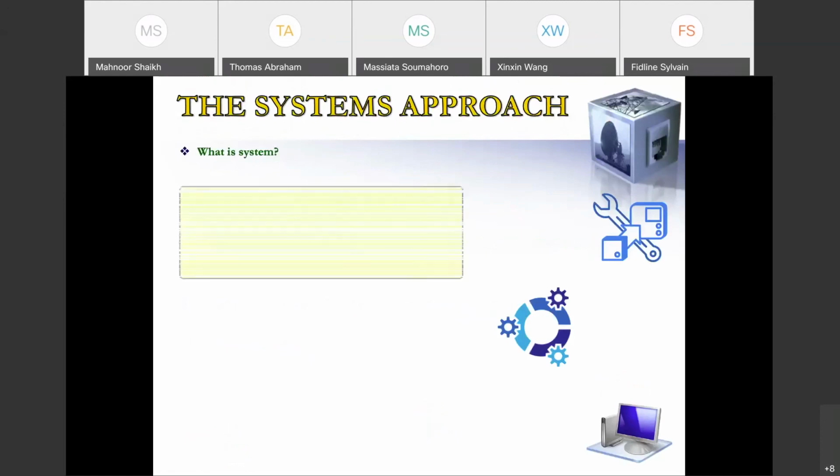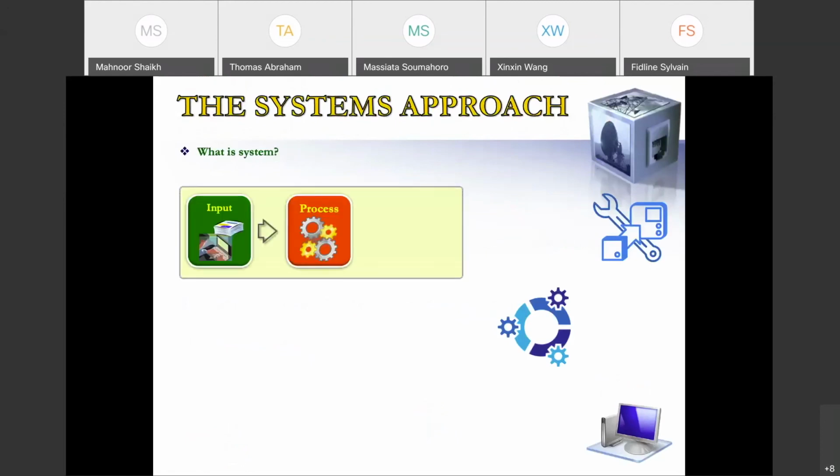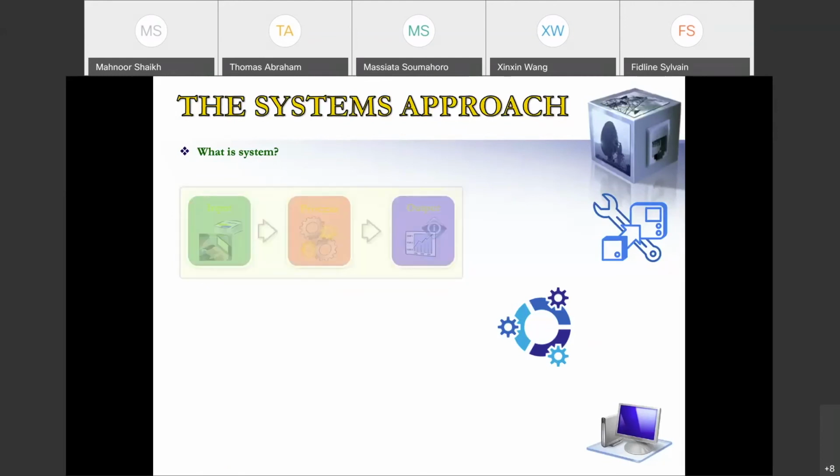So what is a system? We talk about input, process, and output, right? We use data as input. We use a lot of processes to turn the data into information, which is the output. So what is supporting the process? The supporting thing is the system,